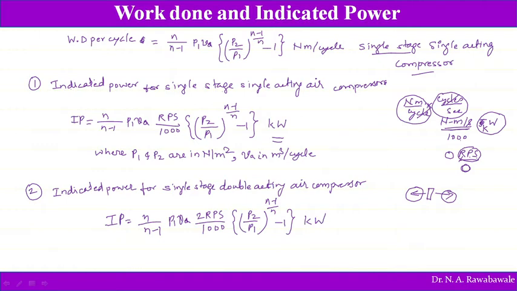So here the term 2 is for double acting. As it is double acting, this 2 is introduced. If it is single acting, it will be 1. So now if we see that the compressor is a multi-stage air compressor, then